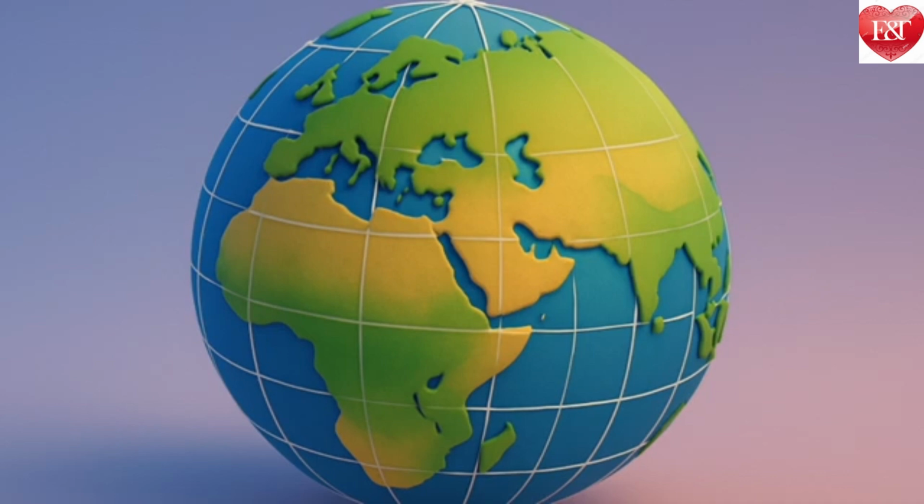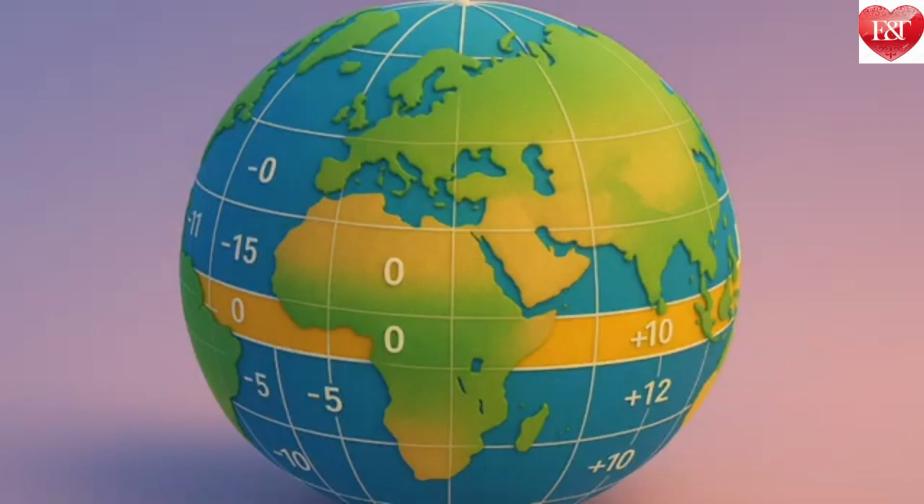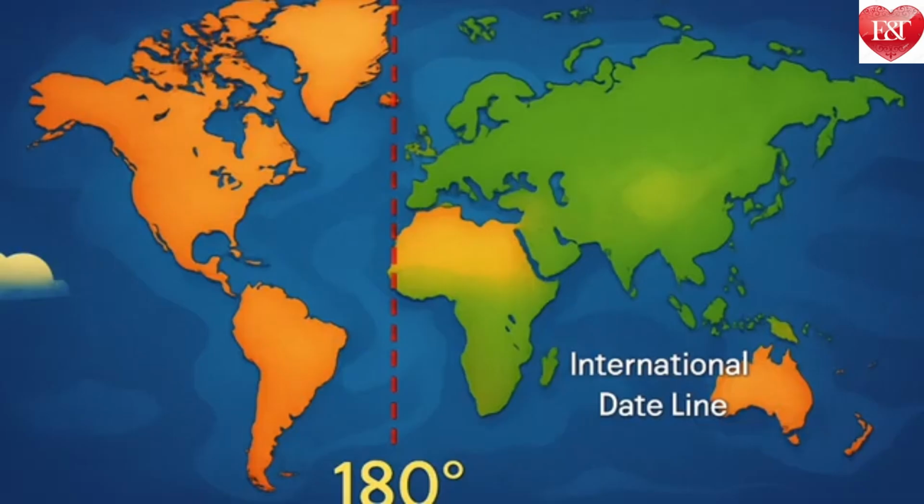Every place on the earth has a location which can be precisely defined with the help of a grid of latitudes and longitudes. Imaginary lines running from east to west, parallel to the equator, and north to south, from pole to pole, respectively. Longitude also marks the time and defines the time zones. The international date line is located approximately at 180 degrees longitude, opposite the prime meridian. Crossing the international date line changes the date by 1 day.